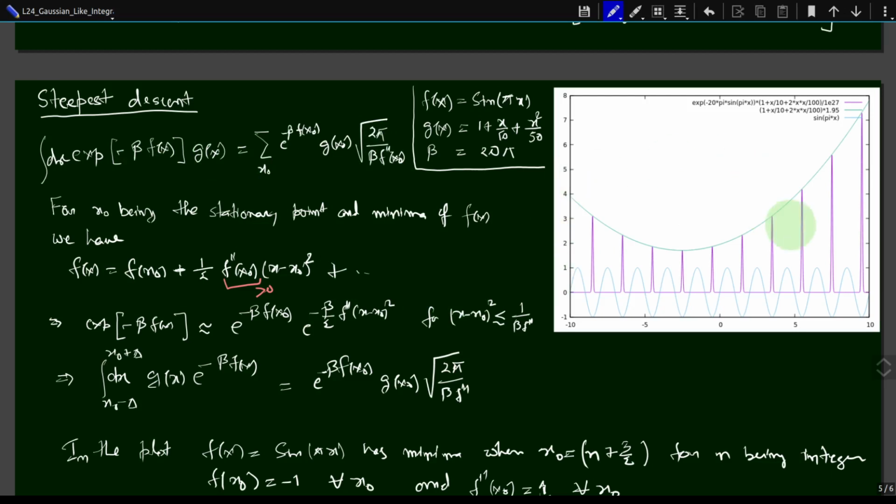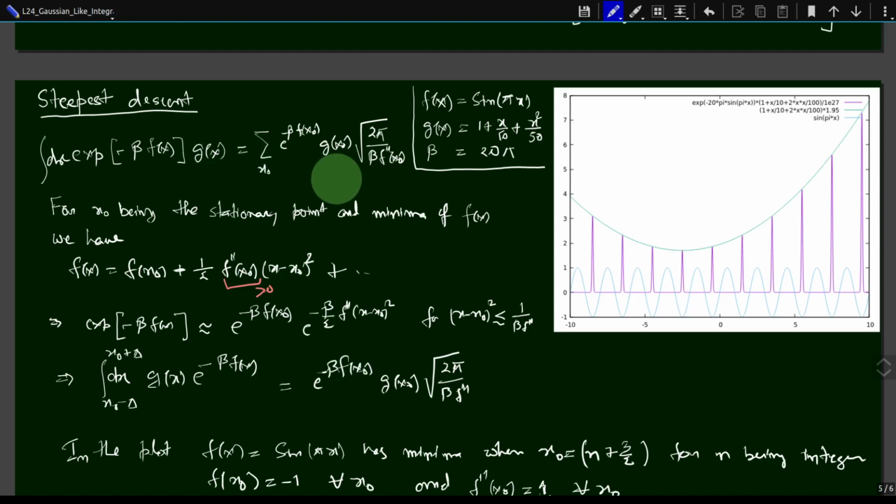Integration means: what is the area under that curve? The area under that curve would be the value of the height times the width. The height is given by g of x, and the width is given by this square root of 2 pi by beta f double prime. So this gives the width, and this is the area, and this is another scaling factor that comes because